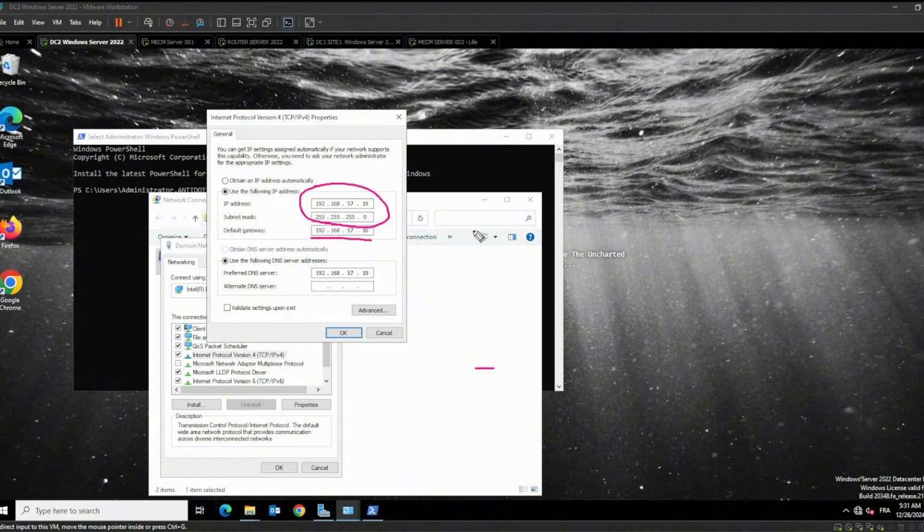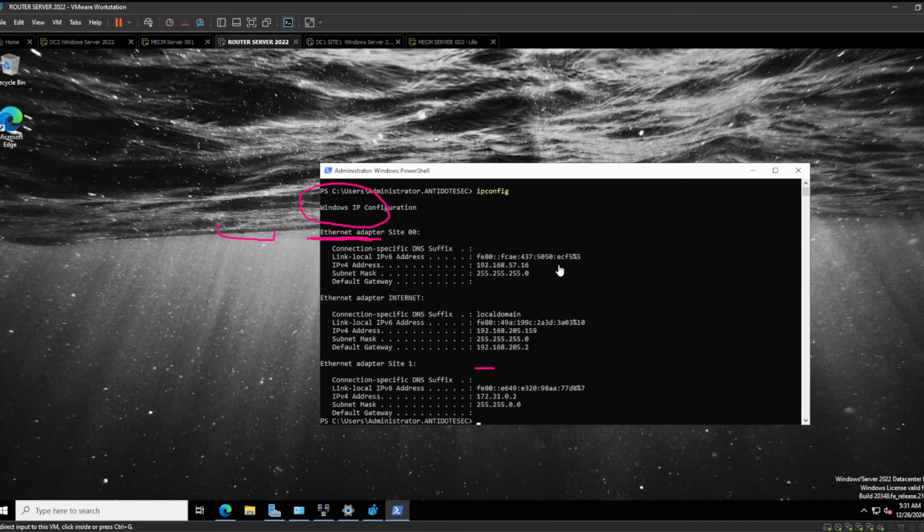So when it doesn't find the IP address, it goes to the default gateway. And what is this IP address? If you remember, it's this one. It's the IP address of my router here. So if the actual DC, my domain controller, doesn't find any IP address that is outside of the network, outside of the Paris site, so you have an office in Paris, and your machine doesn't find